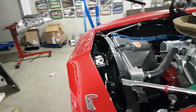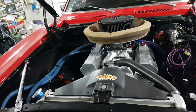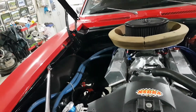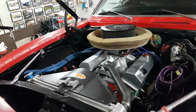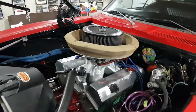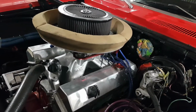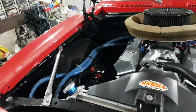But she's coming along. I'm pretty happy with what I got accomplished. Still got lots to do. So now that I have the carburetor on, tomorrow some of the first things on the agenda would be, now that the carburetor's on, I can